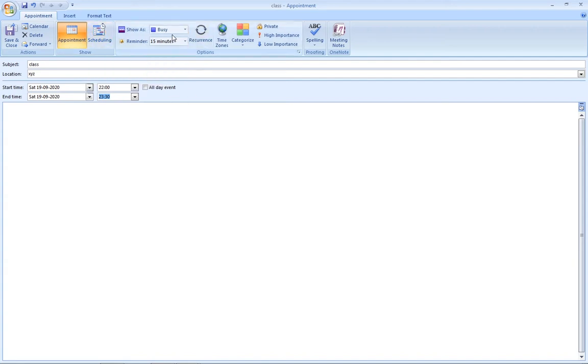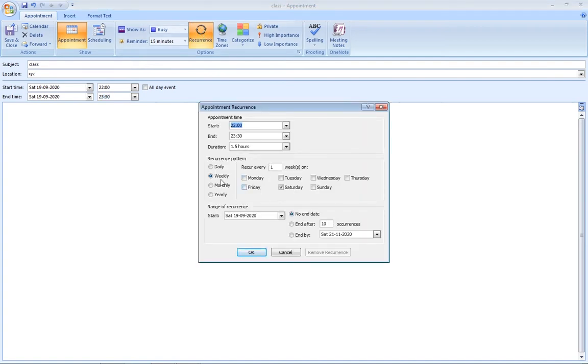This is like your appointment categorization, which means you can show that this meeting is regarding busy scheduling. Then Reminder, which means you can choose how long before the appointment the reminder should come. After that, Recurrence means how often your meeting happens, whether it is a weekly meeting or a monthly meeting on this date. If you click on that, it will ask whether this is a weekly, monthly, or daily meeting. You can set it by choosing this.